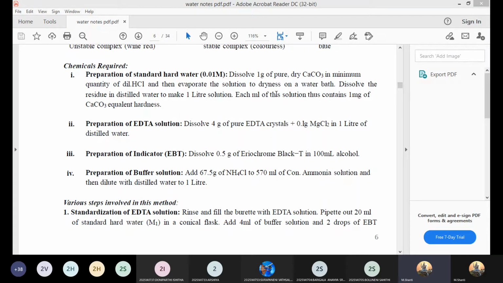So standard hard water can be either calcium carbonate dissolved salt, or it can be a magnesium sulfate salt. So please don't get confused here, because in numericals sometimes they can be asking the calcium carbonate based on this, or they can be asking MgSO4. But whatever it might be, the procedure remains the same, like calculation of molarity, everything remains the same, but only the procedure differs when you are using a different kind of salt. Is this point clear?